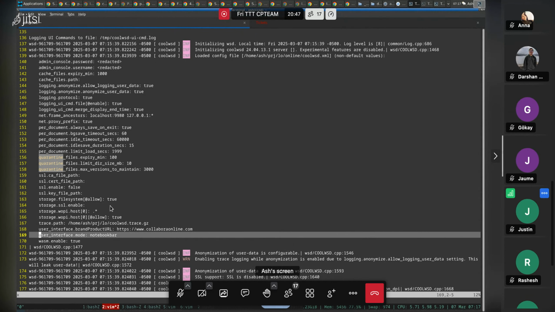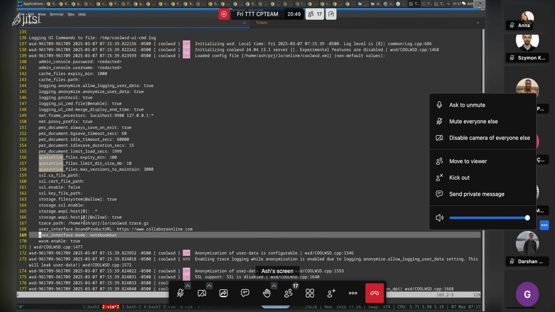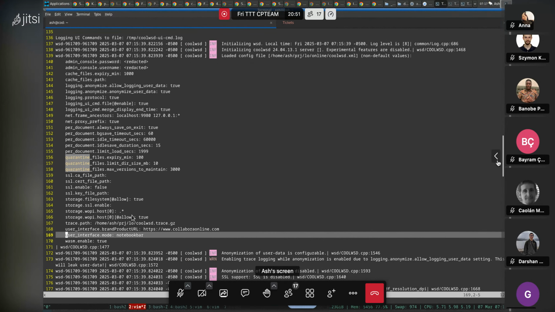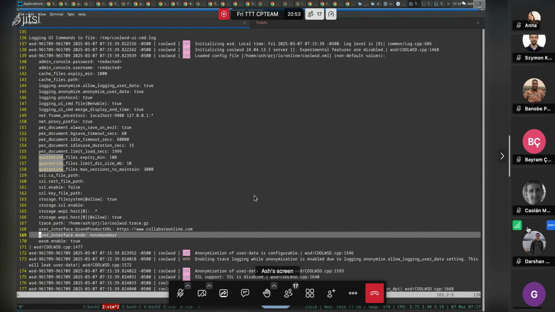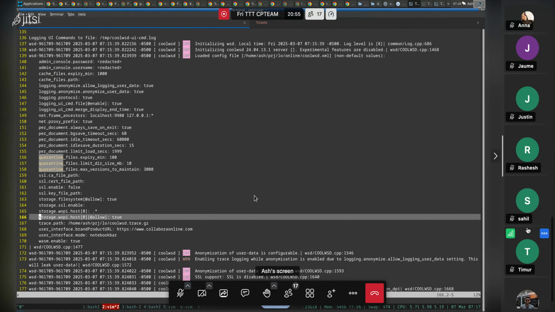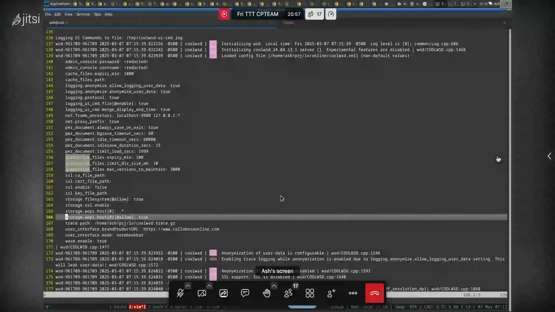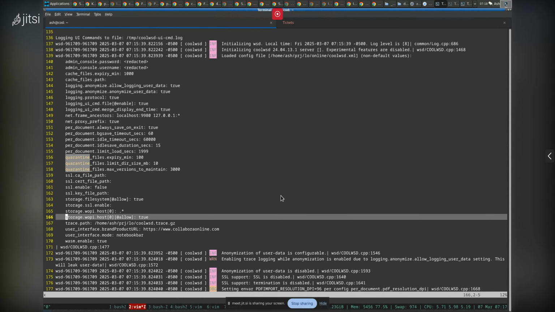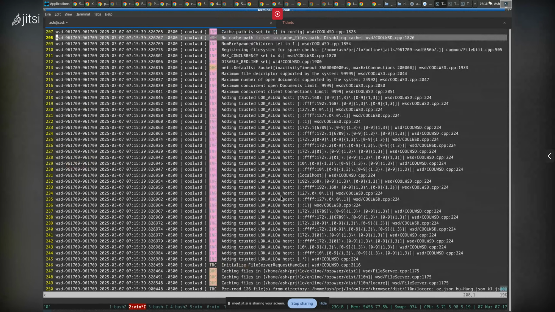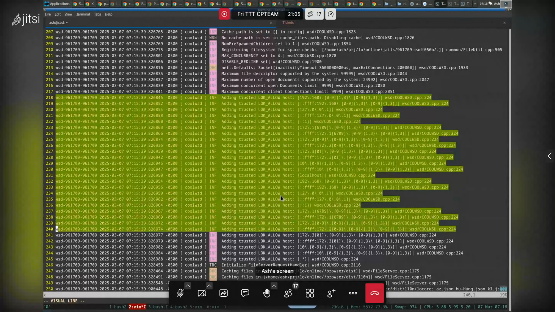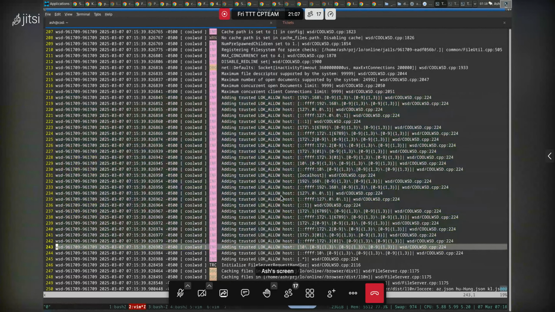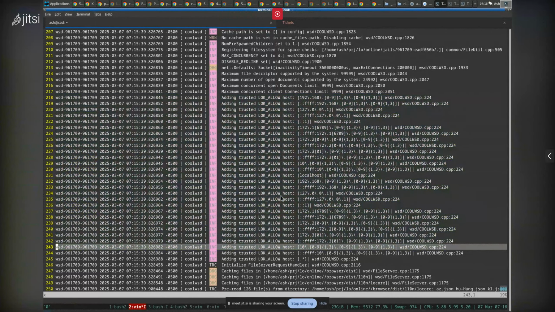It's not important. You see a couple of settings here for the WOPI host. Again, it's not that interesting, which means that they are set to the default. But you will see at startup, because this is very important, we do log the allowed host names and IP addresses for the trusted